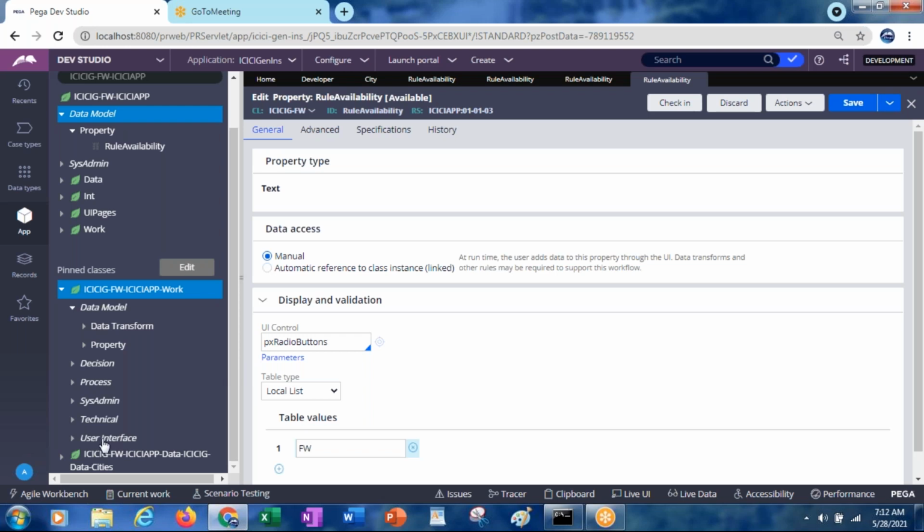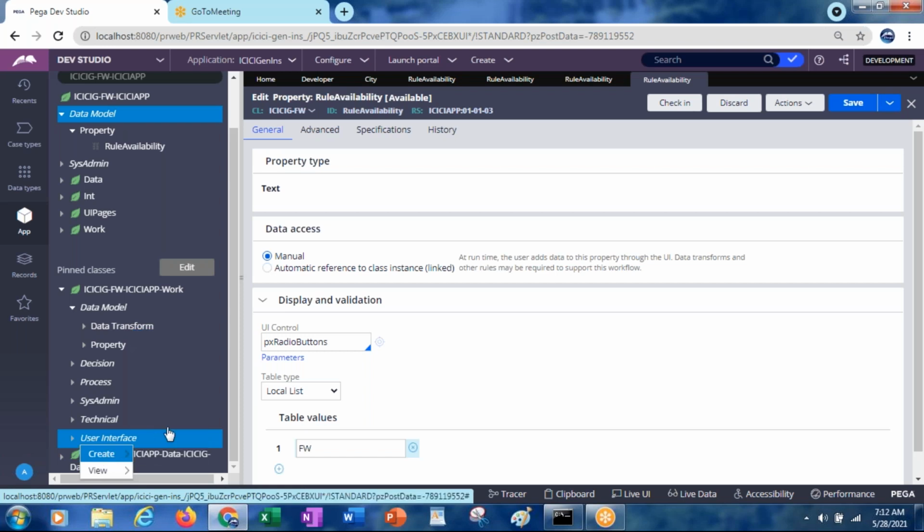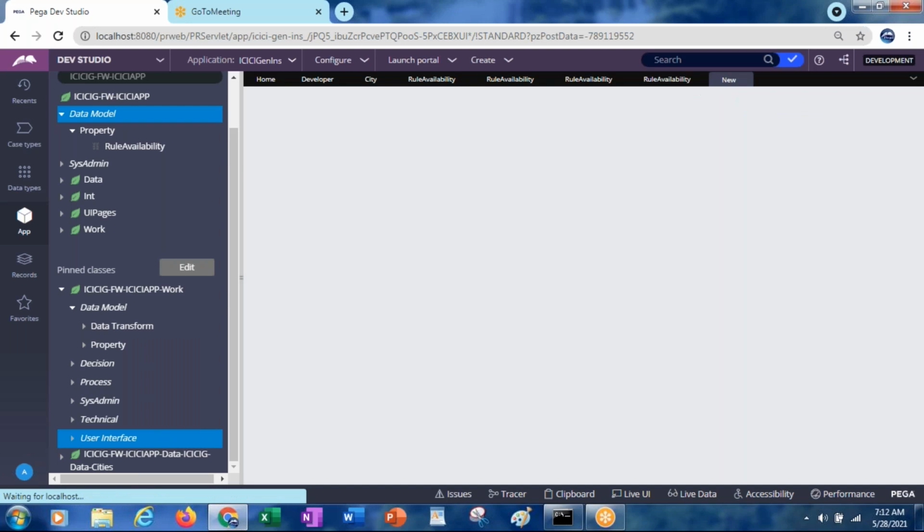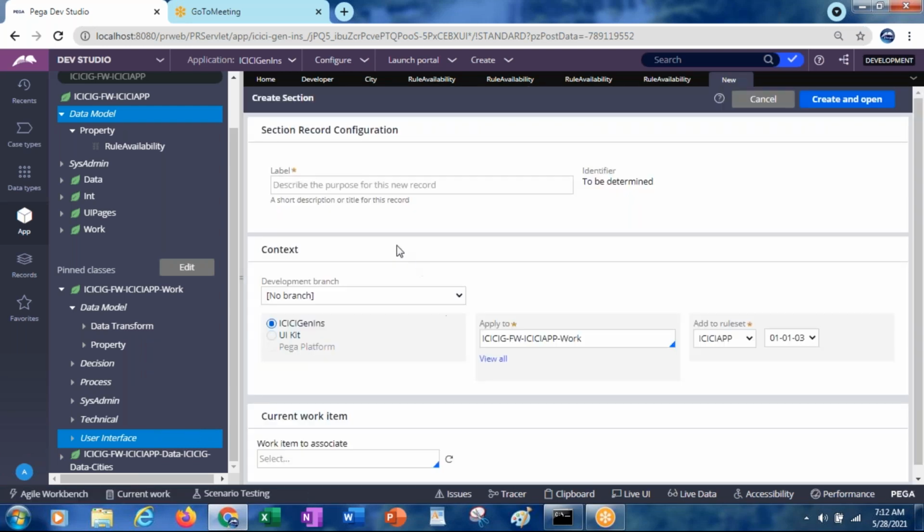Now create a section, and a rule availability check. So under the 113 only I am creating.